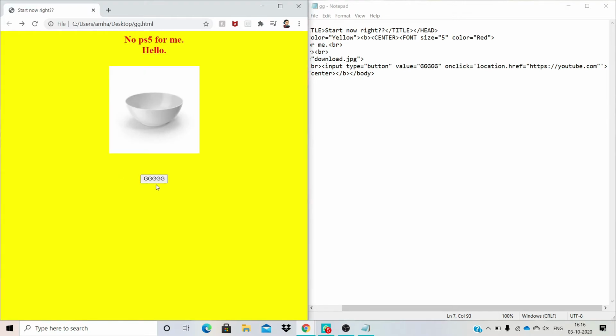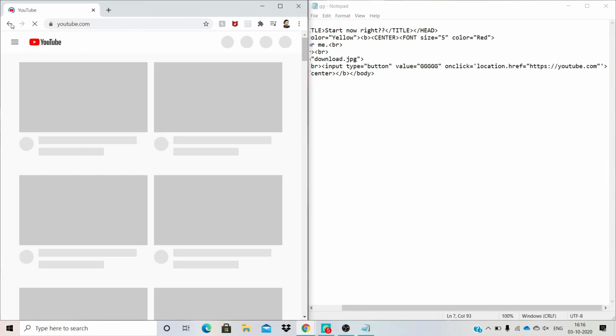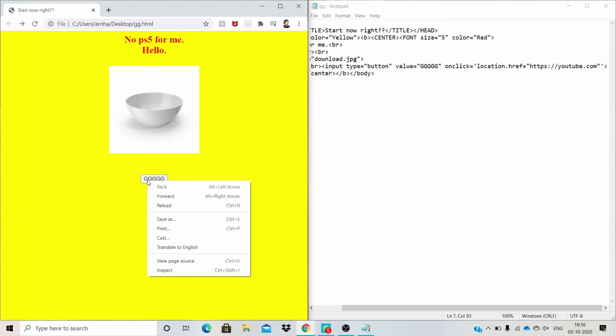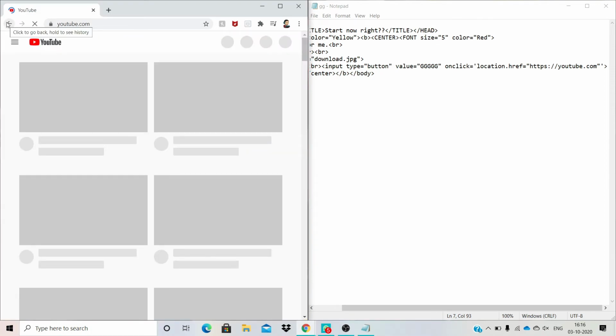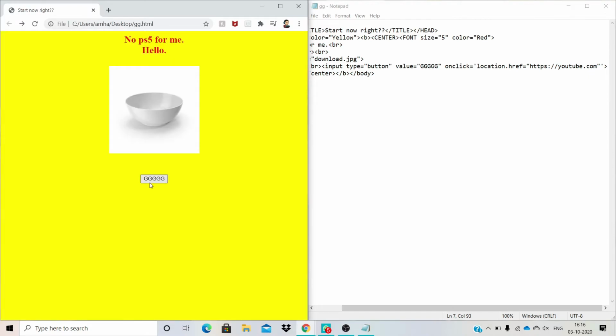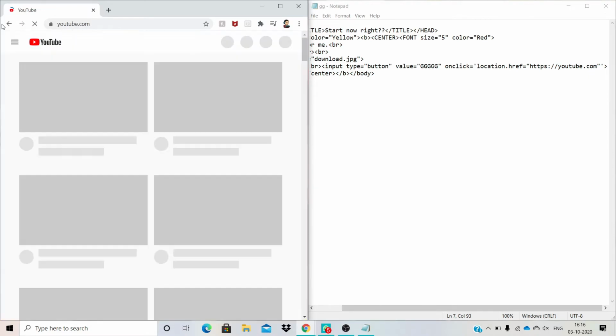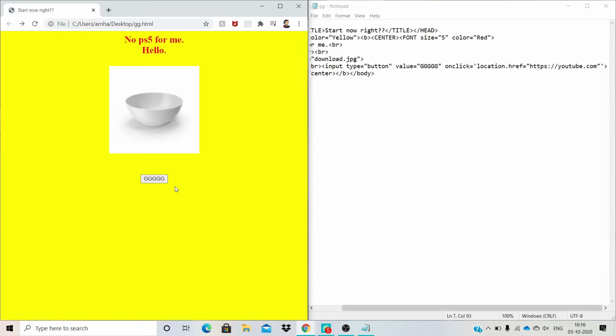And I don't know why I cannot drag it, but no problem. It now acts like a link. So this button now acts like a link. But you may be thinking that this button is not looking attractive at all. It is just like gray background, maybe white, whatever, gray or white background, then just simple border.